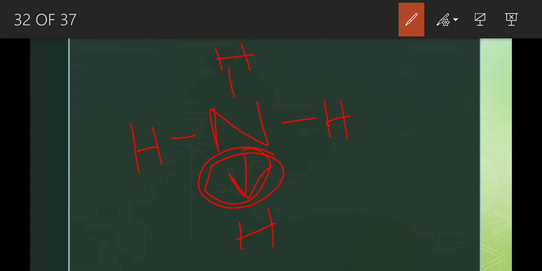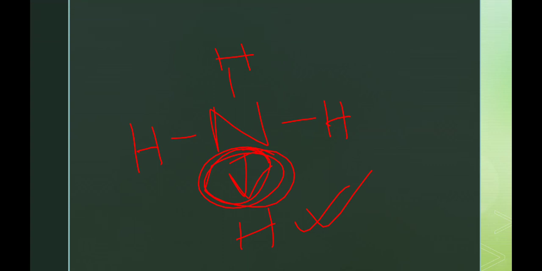Clear? So here in ammonia, the nitrogen atom contains only one lone pair of electrons, right? Now this hydrogen ion will accept the lone pair of electrons of the nitrogen atom of the ammonia molecule, which leads to the formation of a coordinate covalent bond. In this way, we can show how coordinate bond can be formed in NH4 plus, that means in ammonium ion. I hope the coordinate bond is clear to you all.